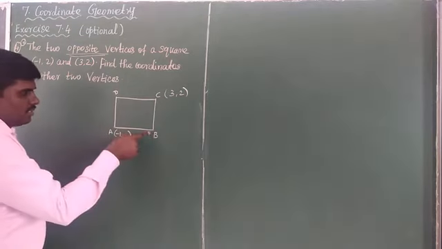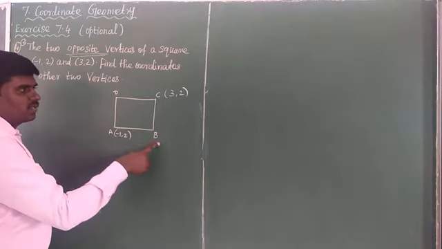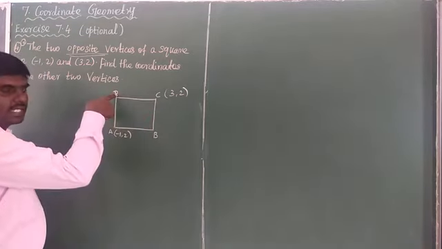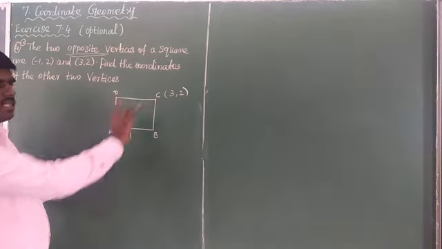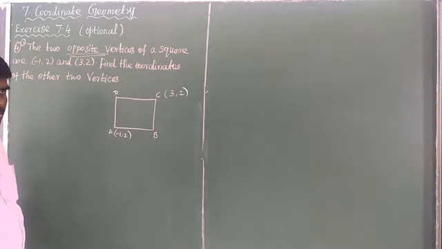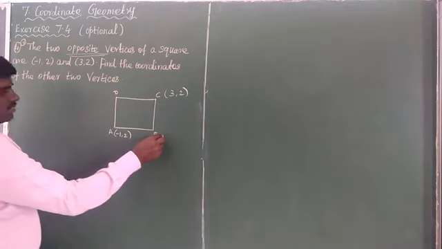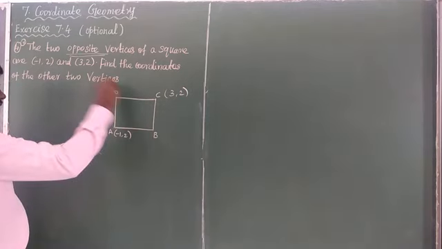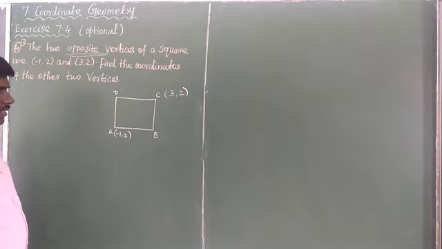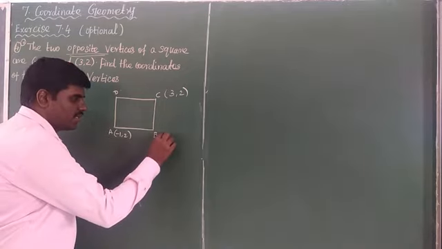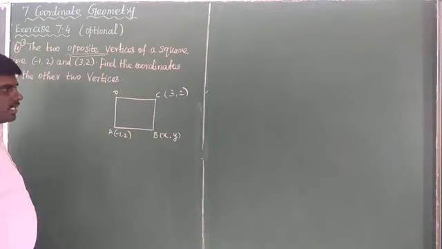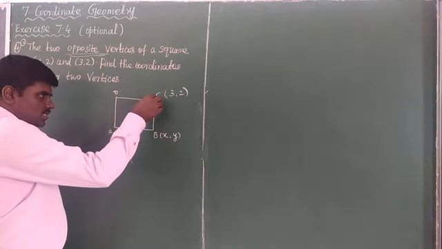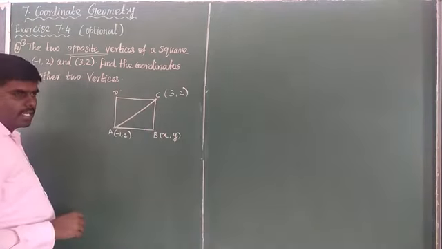If you choose point B as (-1, 2), then automatically the other point is (3, 2). That is the meaning: you choose the other point on the opposite side, not the parallel side. Is that clear? Next, I find the other two vertices, B and D. First I will find the coordinates of point B, that is, (x, y). Here, just draw the diagonal.